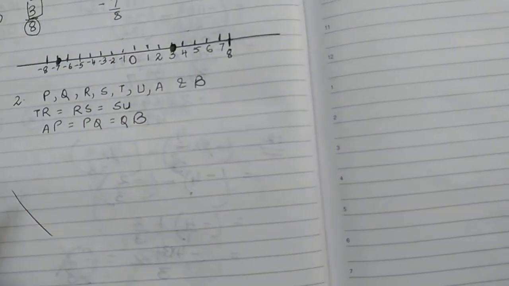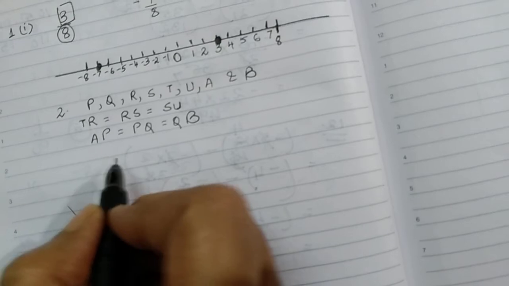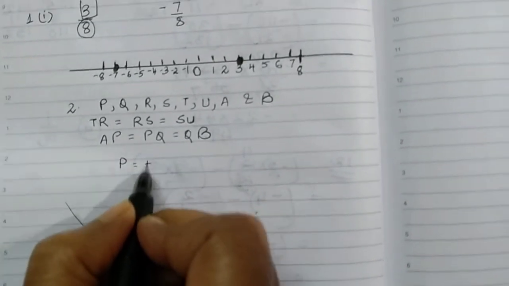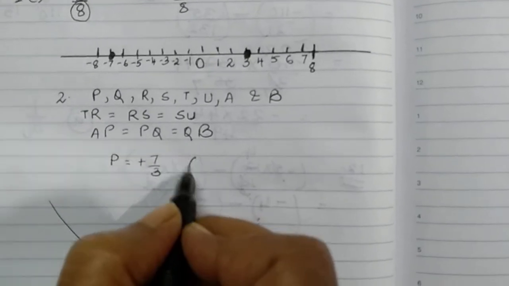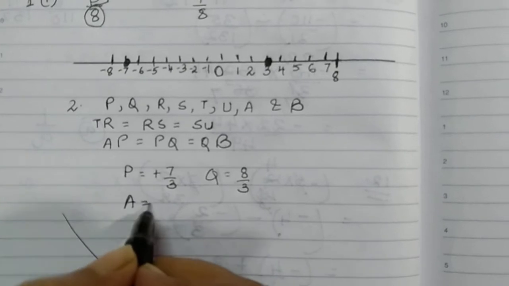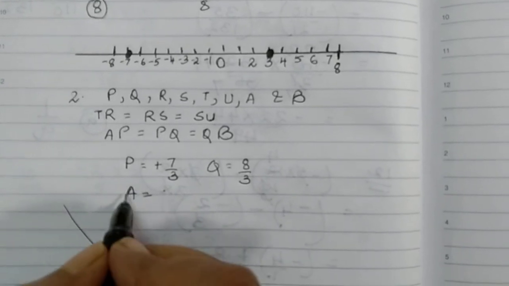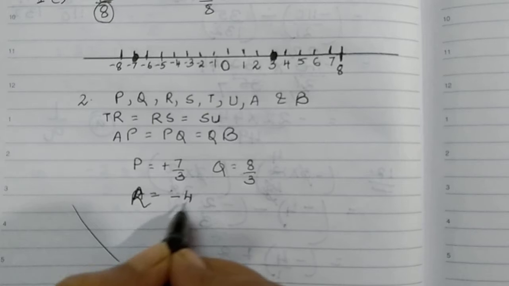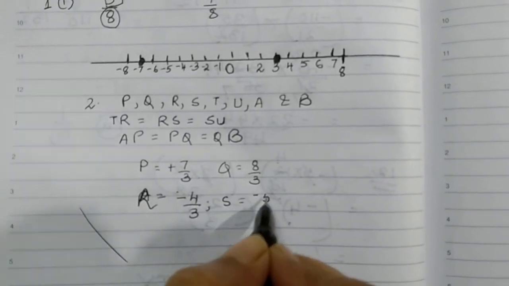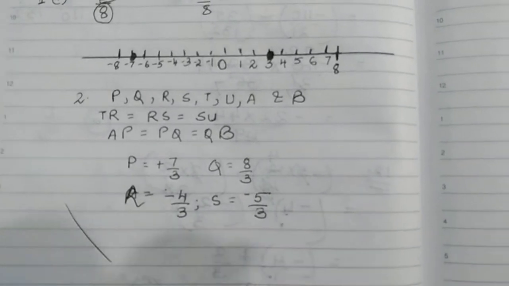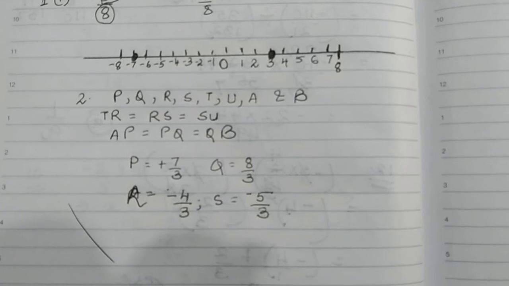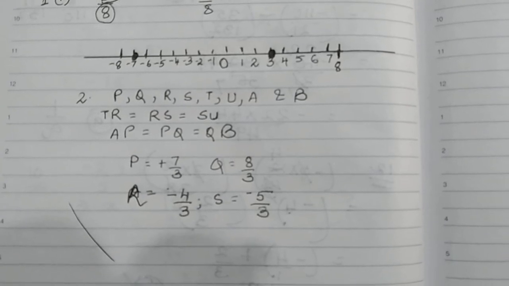-5 by 3. So I can straight away write in question number 2, P will be +7 by 3, Q will be 8 by 3, R will be -4 by 3 and S will be -5 by 3. Okay. Now, question number 3 is where you are supposed to state whether the following statements